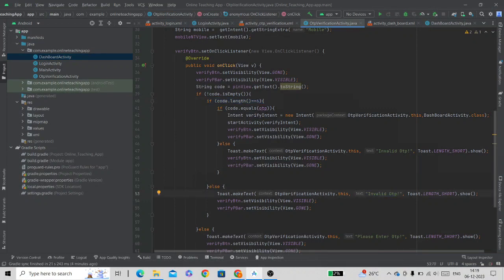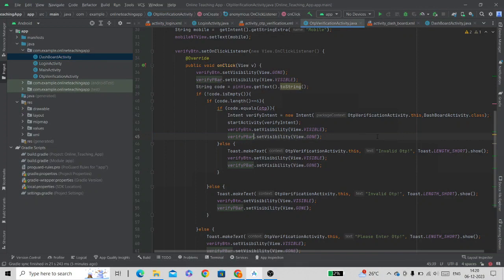Now if this condition gets true, means we have a 6-digit OTP from the pin view, then we will check that the code string is equal to the OTP string, and if they are equal, then we will create an intent which will help us to redirect from this OTP verification activity to the next activity. And here we will set the visibility of verify button to visible and the visibility of progress bar to gone.